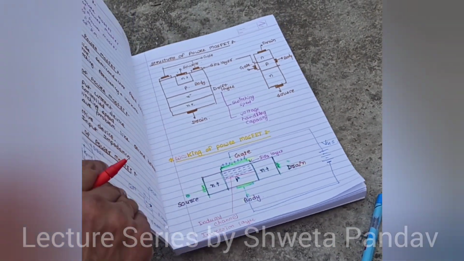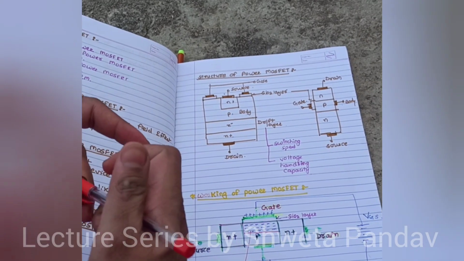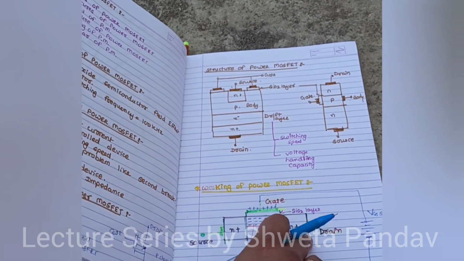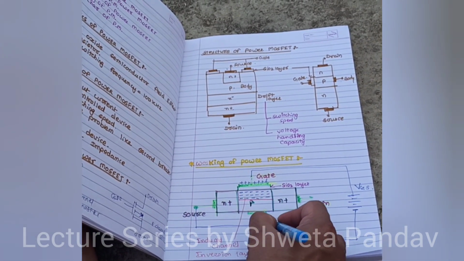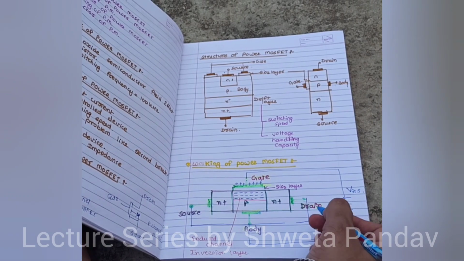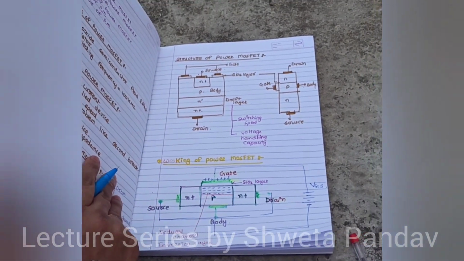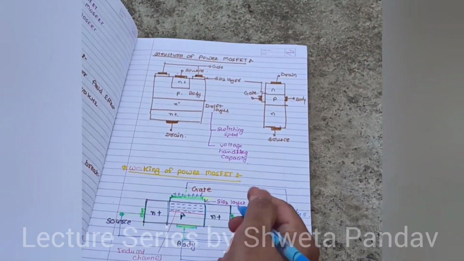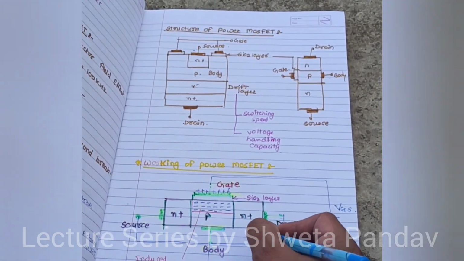So because of the inversion layer, there is a path formed between these two n plus layers. Now again, if I am connecting the source terminal and drain terminal, with the drain terminal connected to positive battery supply,